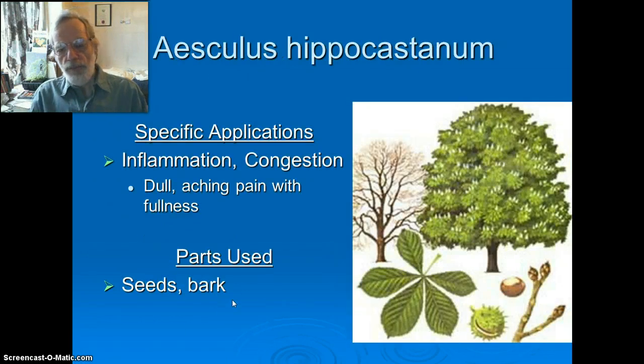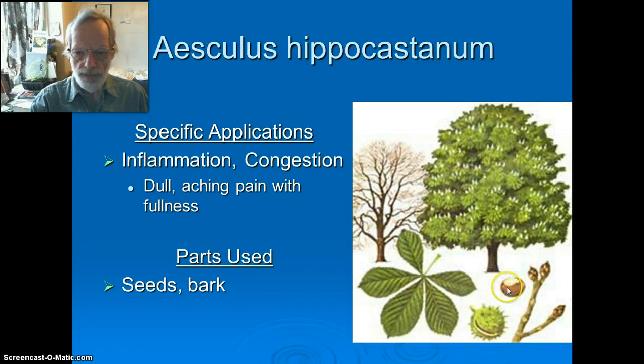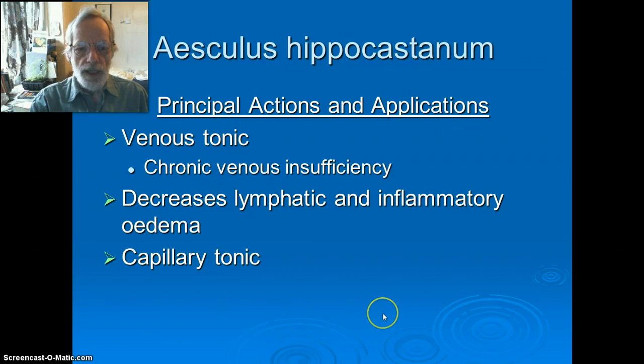Aesculus hippocastanum, horse chestnut. Here's the cheggies or conkers that we use, and this is specifically applied for where there's inflammation and congestion. A dull aching pain with fullness, these are the specific indications. It's a venous tonic. It can be used for chronic venous insufficiency, and indeed